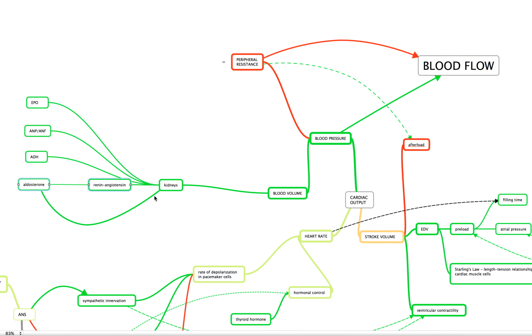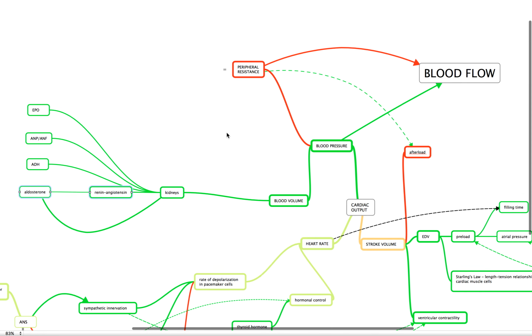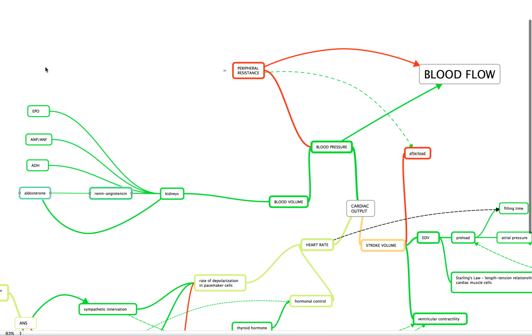And aldosterone, of course, causes water and sodium conservation and will increase blood pressure. In addition, they will also have an impact on vessels. Angiotensin II is the most powerful vasoconstrictor in the body. So this is all kind of hormonal ways in which the kidneys can change the blood volume